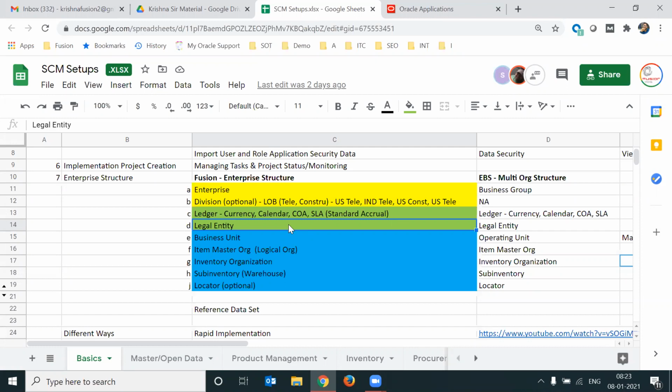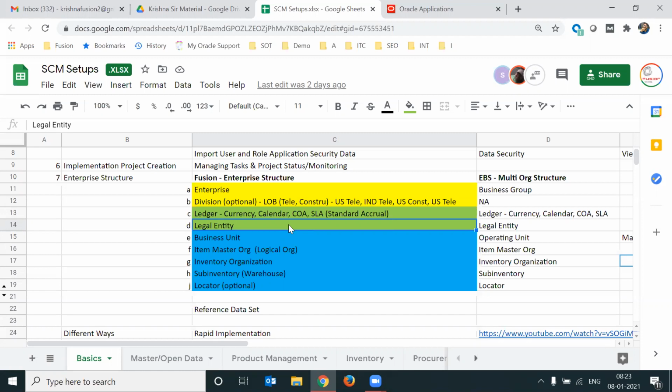According to the lines of business that you have, that many legal entities have to be created in the application. If you take the example of Aurobindo, it already has a legal approval for pharma. That means pharma is one legal entity. It does not mean it can do any other business. It has to take approval for other businesses. So if it goes into construction now, it has to take approval for the construction business also. That is a separate legal entity, a separate legal company.